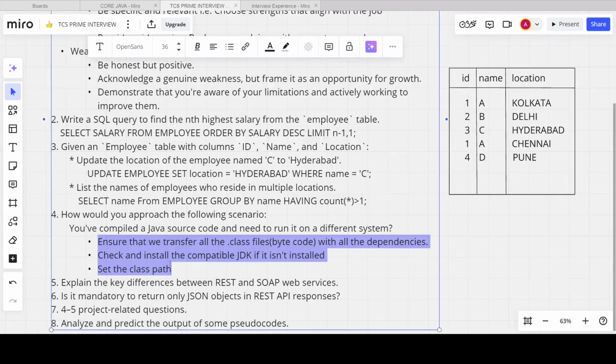Now, with all these steps, we'll be able to run the compiled code, that is bytecode. Okay. Now, coming to the fifth question,